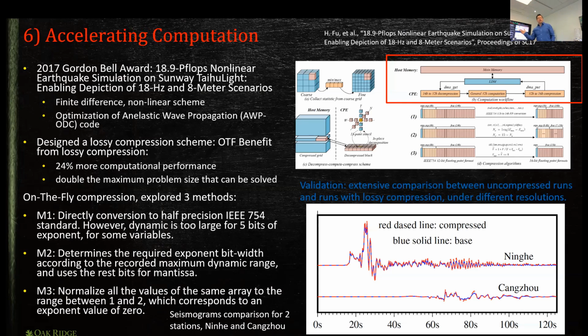This is actually something very interesting. This I really like, but I think you'll see so many people doing this. If you actually look at a lot of these codes, and this was part of a 2017 Gordon Bell Award, that in certain routines, you can run, and people are running half precision.